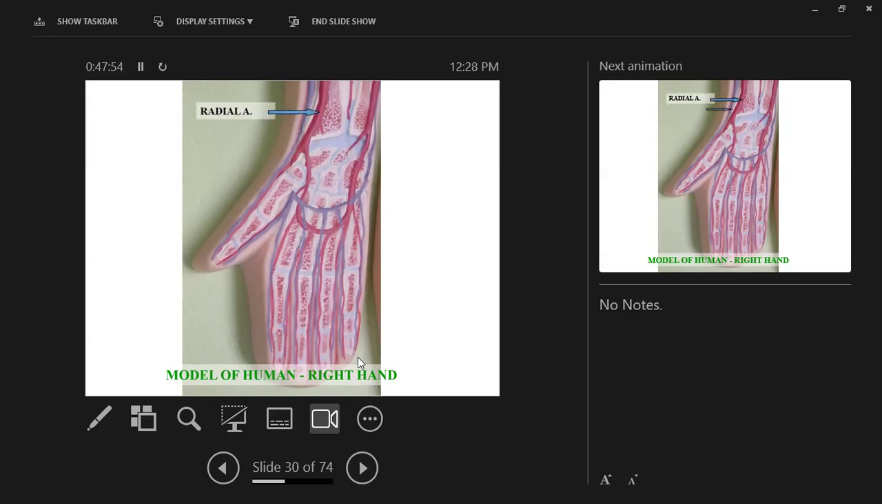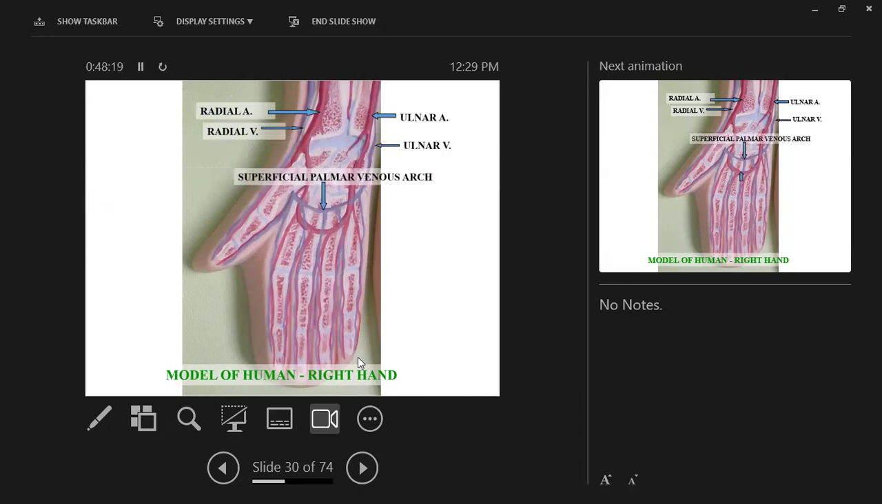There's our radial artery. There's the radial vein right beside it. And that bone there is the radius. There's the ulnar artery and the ulnar vein right beside us, and that's the end of the ulna there. Now, as we move closer to the hand,